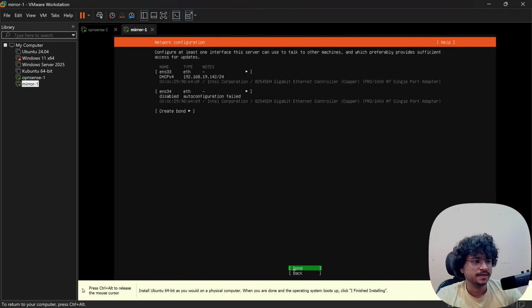we have VMnet 3 here. The interface is ENS33. ENS33 has been put on this. Okay, I also have VMnet 8, the NAT. Let's just see settings.